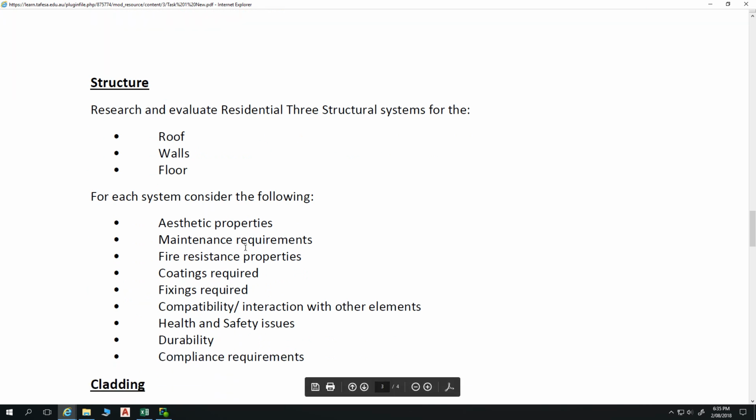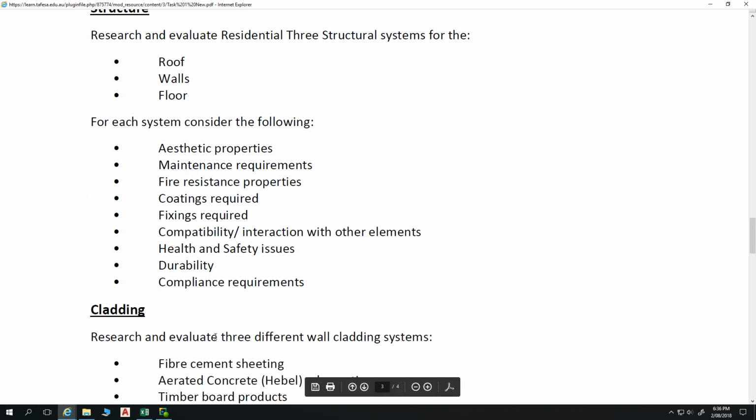So the aesthetic properties, maintenance requirements, fire resistance properties, coatings required, fixings required, compatibility, interaction with other elements, health and safety issues, durability and compliance requirements. Then,